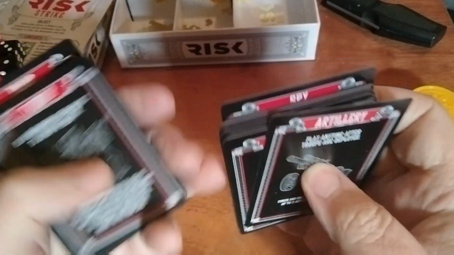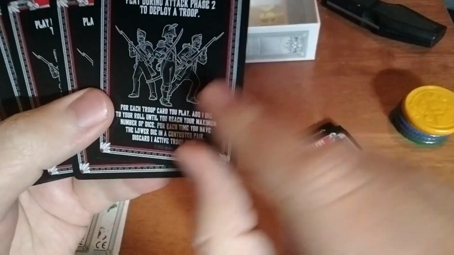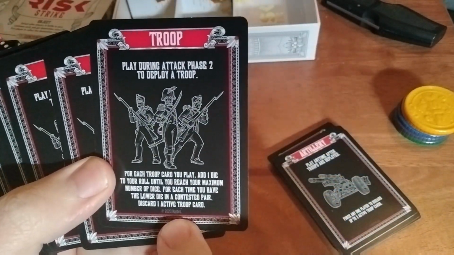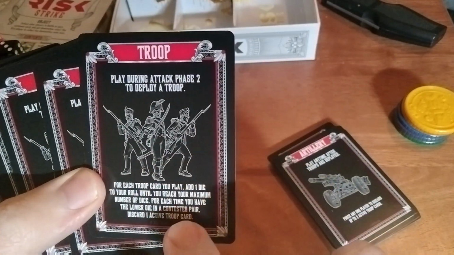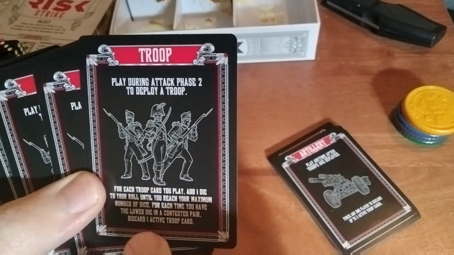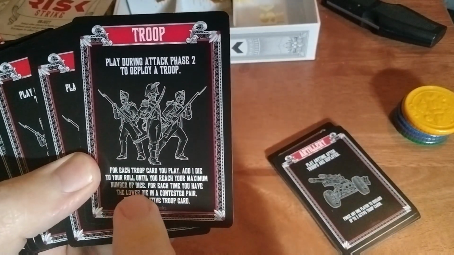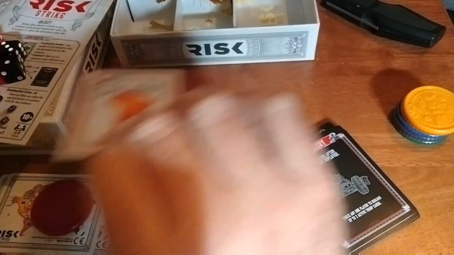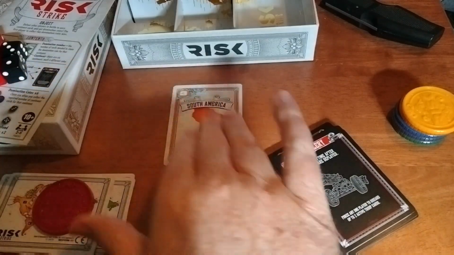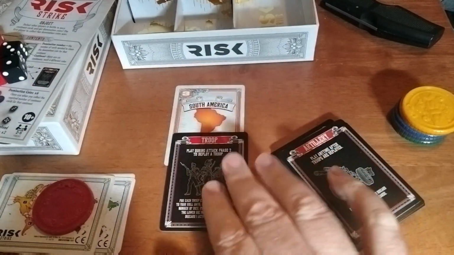Okay, starting here, so it looks like half the deck is troop cards, and it tells you on here, it says, troop. Play during your attack phase 2. So I'm assuming there's like 3 phases to the attack probably. For each troop card you play, add 1 to your roll until you reach the maximum number of dice. Okay, so that's interesting. So if I'm trying to attack or defend, I guess during phase 2 I can play